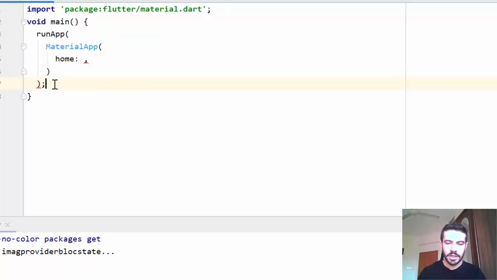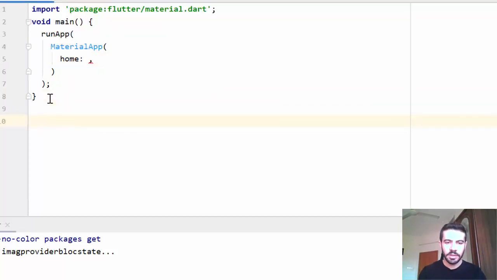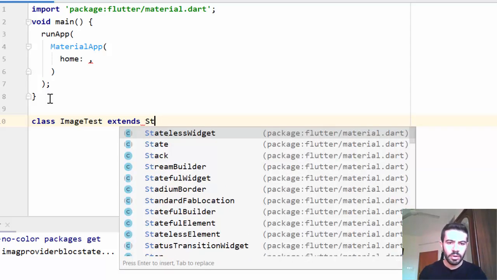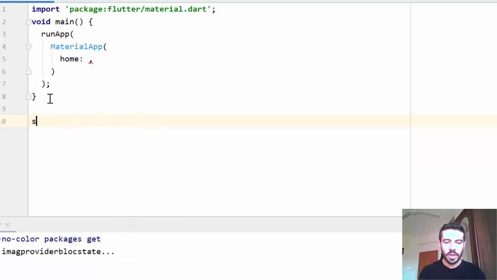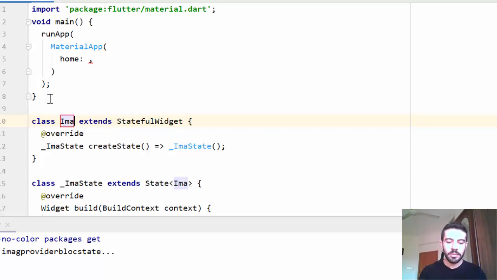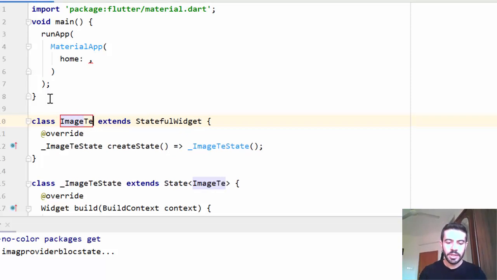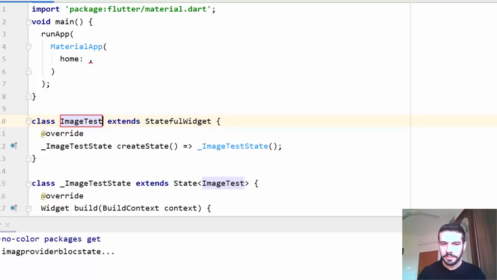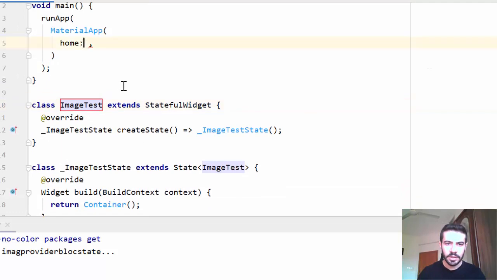Inside home, I'm going to create a simple widget, a stateless widget. Here a stateful widget because I want to use setState, so here's a stateful widget. So class, maybe I can name it ImageTest or whatever you need. You can extend from stateful widget, or you can do it the simpler way, just type html and add the name of the image, and it automatically generates the stateful widget or stateless widget as you want. So here I can name it ImageTest, for example, or anything. And of course here I will add it as the application